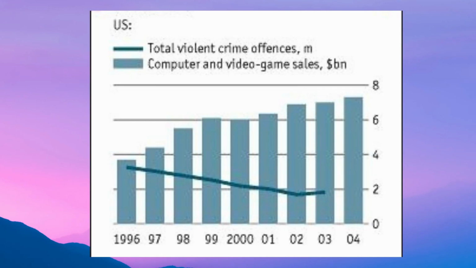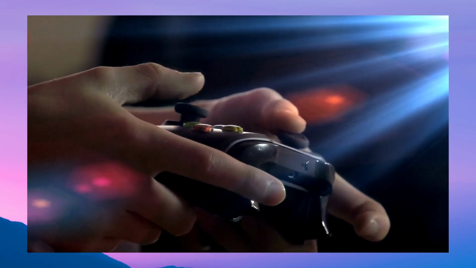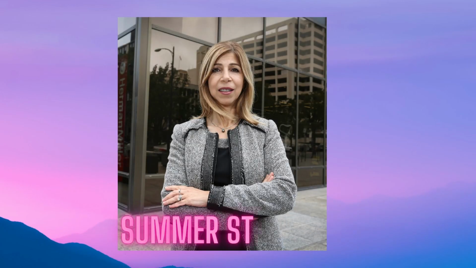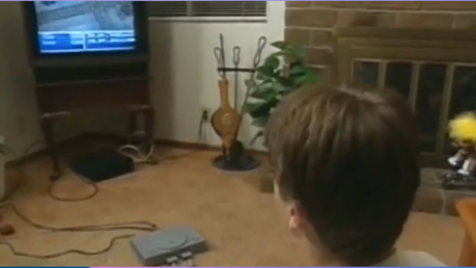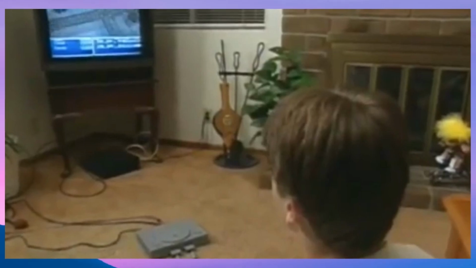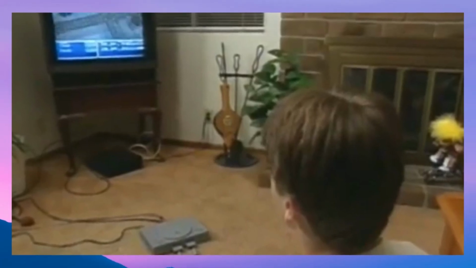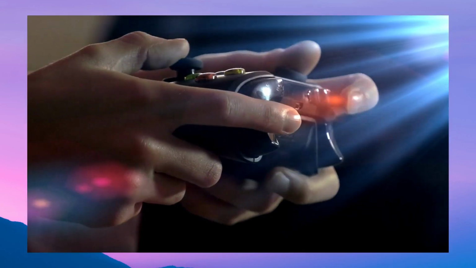Media effects research has further looked at the role of violent video games as a risk factor for violent crime. The prosecution inferred that the boys' love of violent video games was the major precipitating factor in the crime. Again, there is no scientific or factual basis for this assertion. Like mental illness, people who play violent video games are no more violent than anyone else.